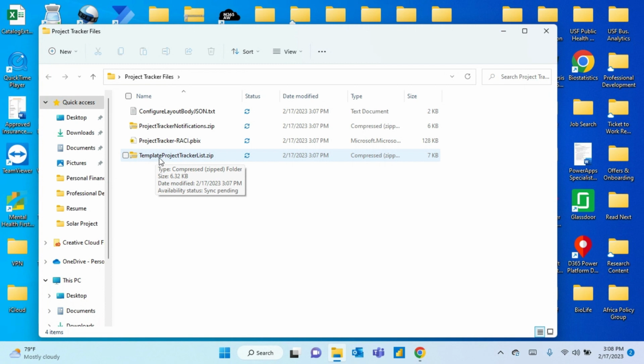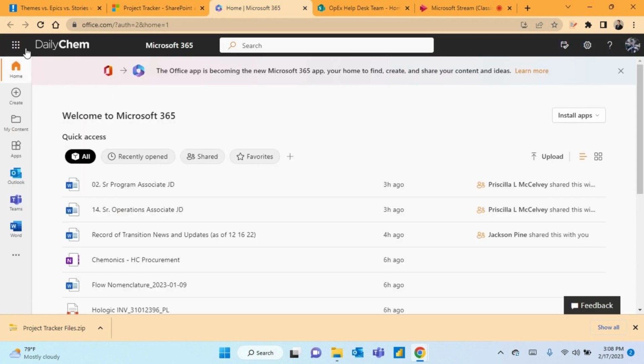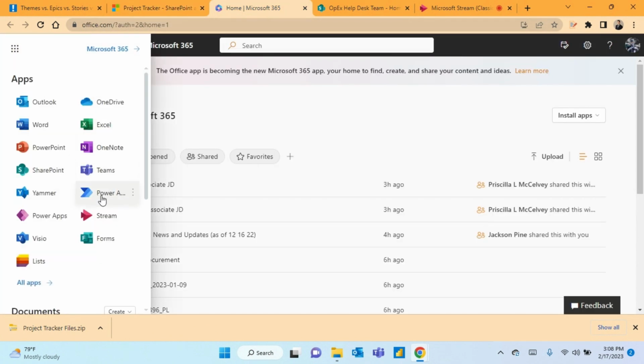Initially, I'll want to start with this template project tracker list zip because this contains the Power Automate flow that will automatically set up the SharePoint list for us that everything else is based off of. So it's a flow setup because all the other SharePoint list imports required SharePoint admin permissions from IT that many users may not have in their organization yet. So to set this up, if you're on the Office page, you go to the waffle here, go to Power Automate,